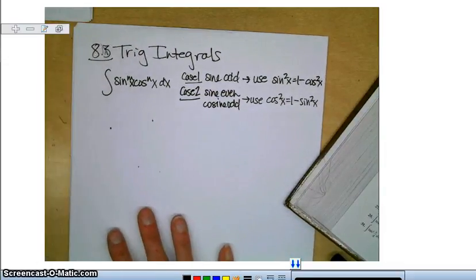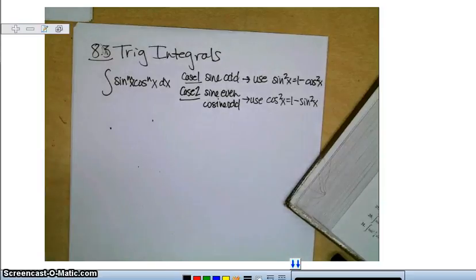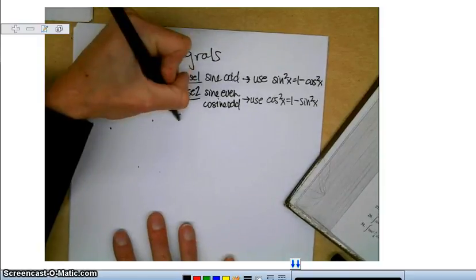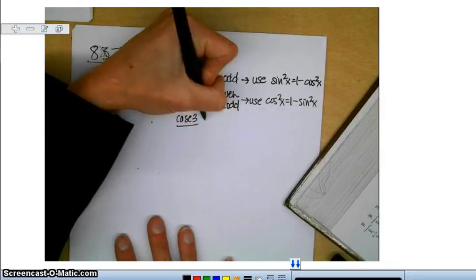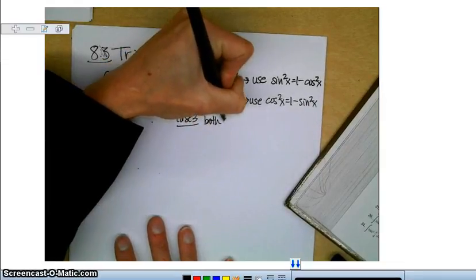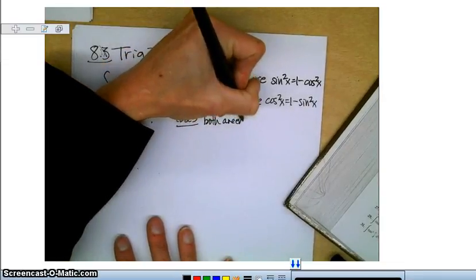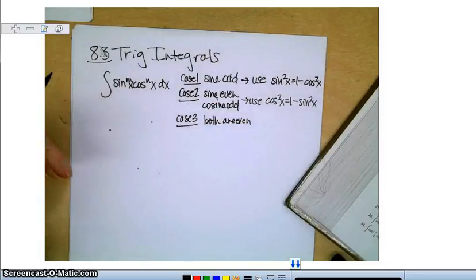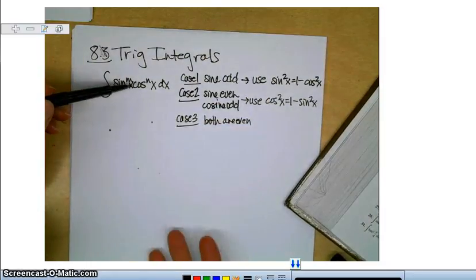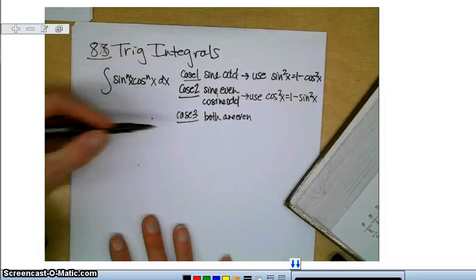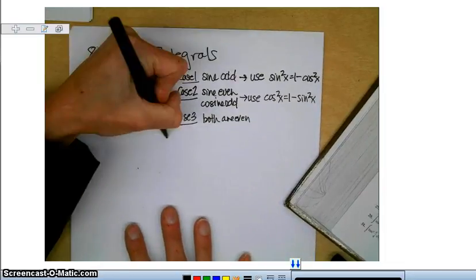I think the directions that I gave you might give you a little more detail. So the third case, the third scenario here, is that both are even. And you can say both are even because if there's no power of sine, it means it's actually even. So this would refer to if you just have cosine squared or just sine squared or sine to the 4th. So case 3, you're either going to use